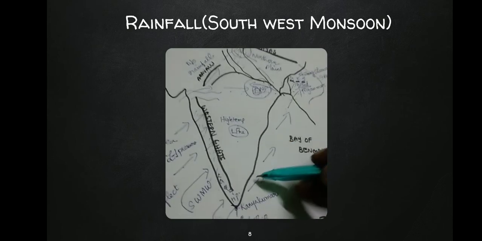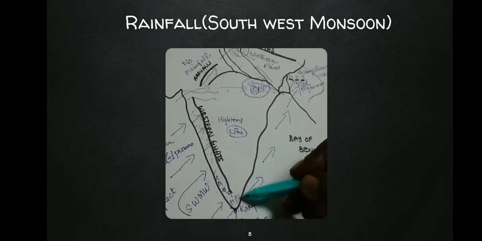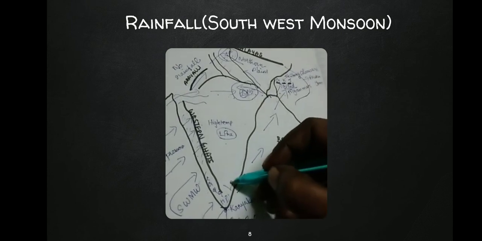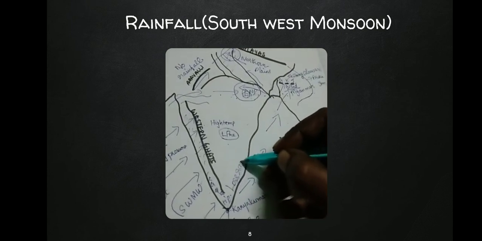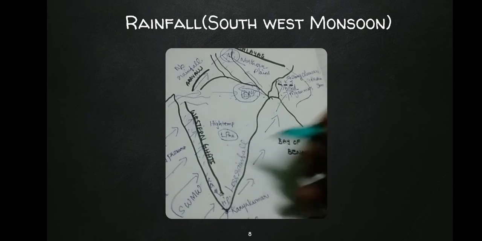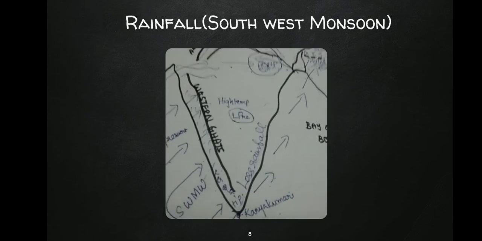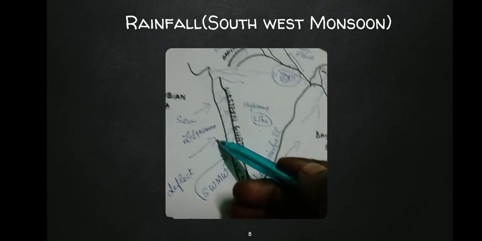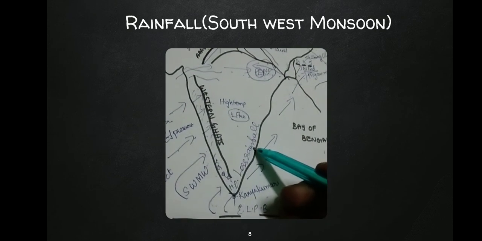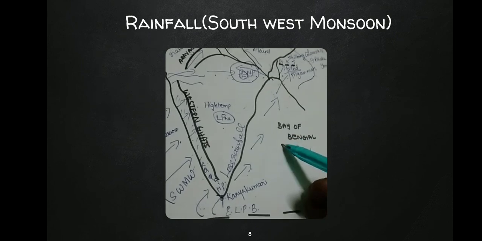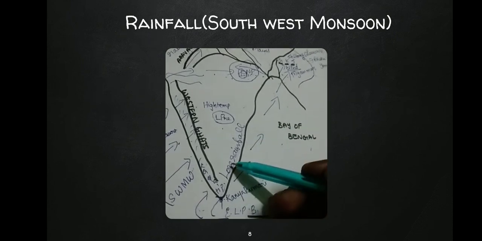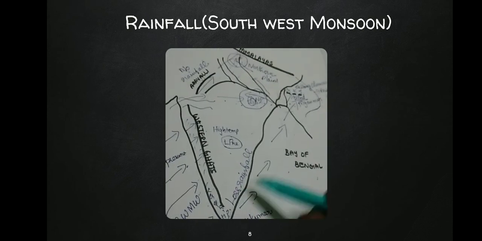Finally, one more region we need to care about is the east coast. The east coast is also a region with less rainfall in the southwest monsoon winds. The reason is, for the Arabian Sea branch, it is the rain shadow region. For the Bay of Bengal branch, they lie parallel. So this is a region with less rainfall.